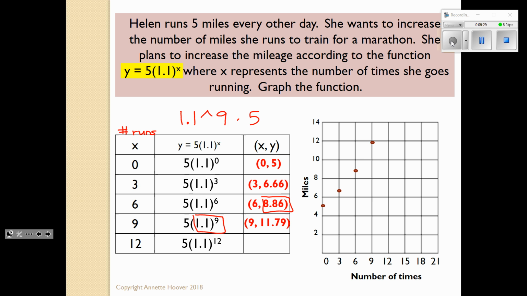This time we're going to type in 1 and 1/10 raised to the 12th power, push enter, times 5, and that would result in the ordered pair of 12 and 15 and 7/10ths. Remember, here's where I'm getting the x value for the ordered pair, and then you did the calculation to find the y. And when you graph these over here,